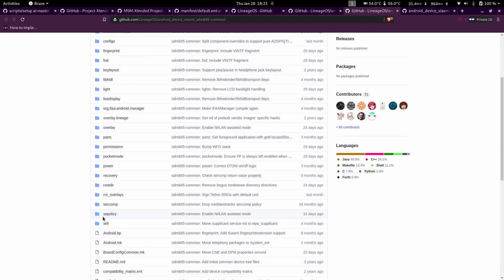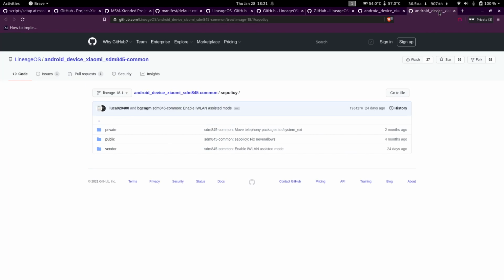Then you have a folder called sepolicy. This basically contains SE policies. SE policies in Android are similar to SE policies in Linux. So what are SE policies? They basically defend your Linux or Android installation against harmful apps or software.